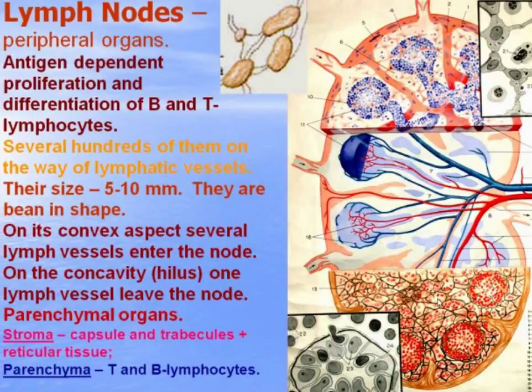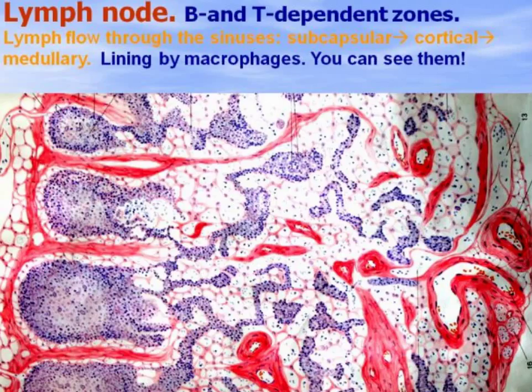You can see here in this picture the reticular fibers, part of reticular tissue, after the special silver impregnation. You can see also how the artery enters the lymph node and how veins leave it. And you can see also how the lymph flows through the lymph node, through the lymphatic sinuses. Here is a picture of a piece of lymph node: capsule, connective tissue tubercles,